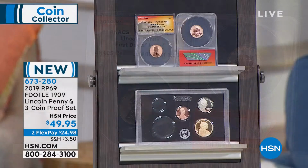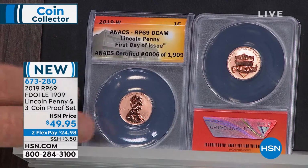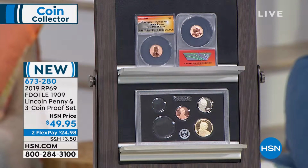$99.95 with the rest of that proof set. So at $49.95, you're going to get that West Point minted cent. Like I said, you see these coins in 70, one grade higher, in first day of issue, at $200, $210, $220 for that is kind of more of an average price. To be able to get this in an affordable RP69, one grade less, still considered a perfect grade, in a first day of issue, in a guaranteed limited edition, 100% exclusive to us, at only